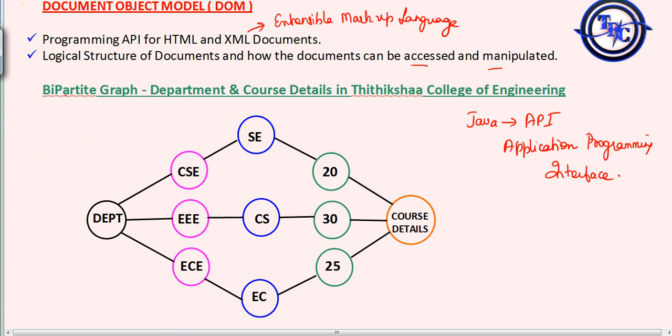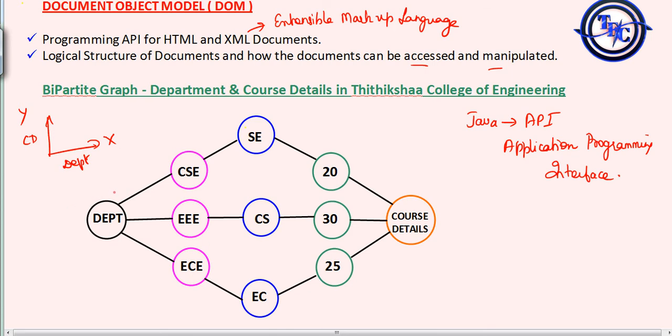This is said to be a bipartite graph, like you will have an x-axis and y-axis, right? I'll explain later how it works. Here I am telling that in the Diksha College of Engineering we have so and so departments, and these so and so courses, and these are the course details. At least if I draw this graph, he will understand something.